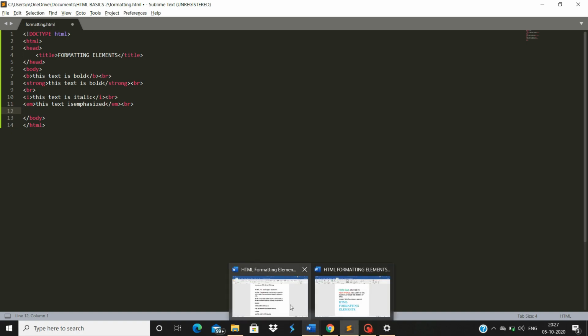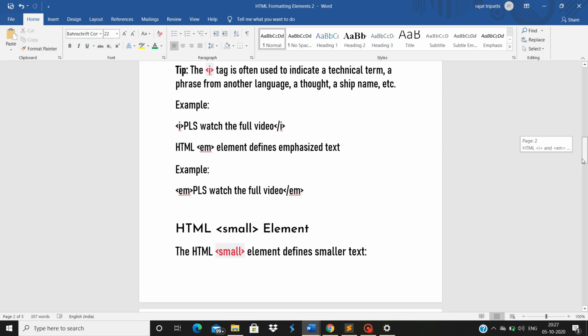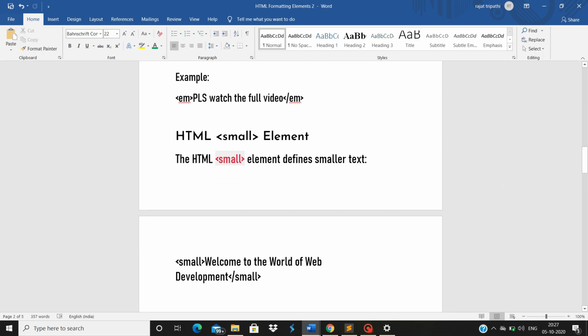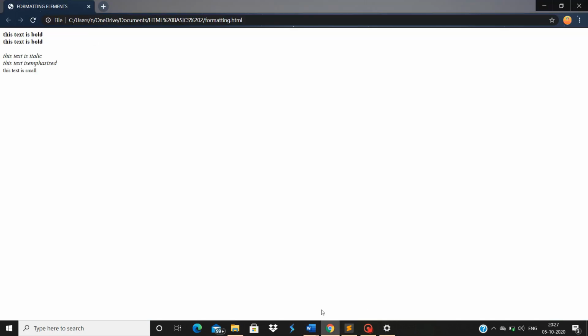Coming next is our small element. It just makes this text smaller than our normal text. Without the small element, I'll show both of them. See this text is small. This is small. See, this is what comes when we use this.